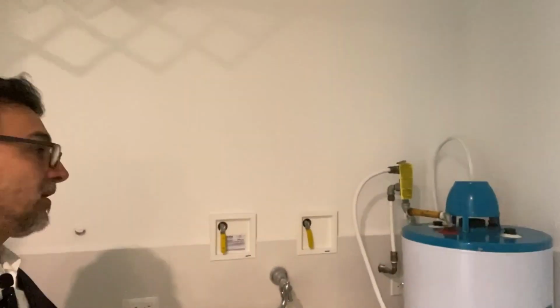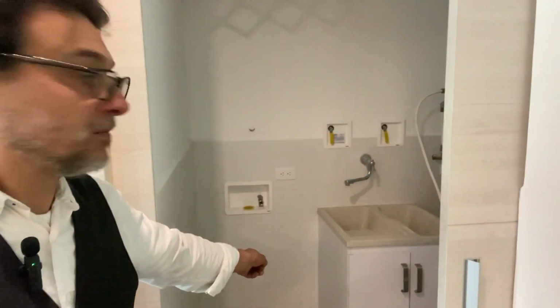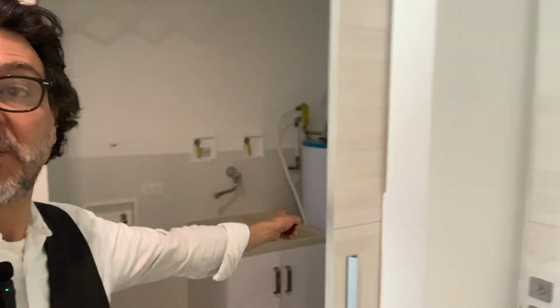Let's turn on the light. It's got good space to do your laundry. Washing machine right there. It's got the hot water accumulation tank right there. I don't like those though. I would change that one right away. And right here,